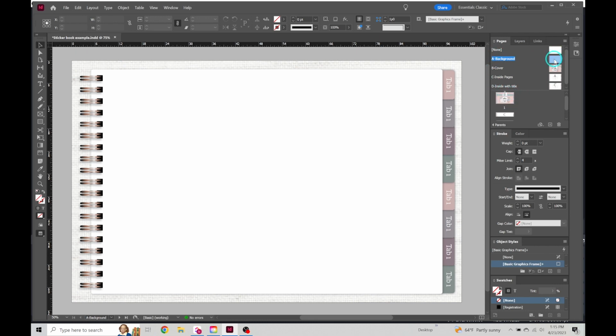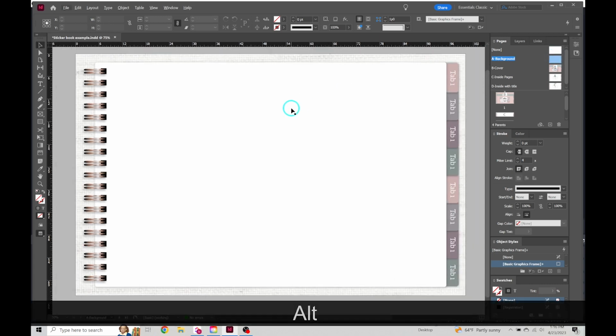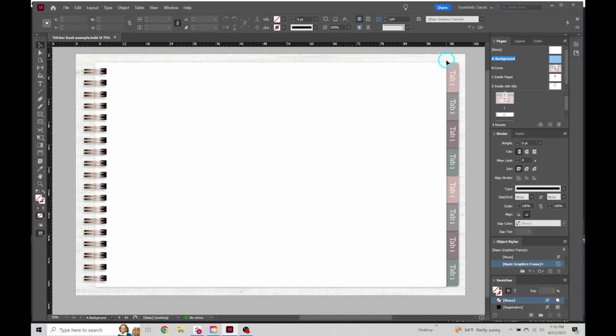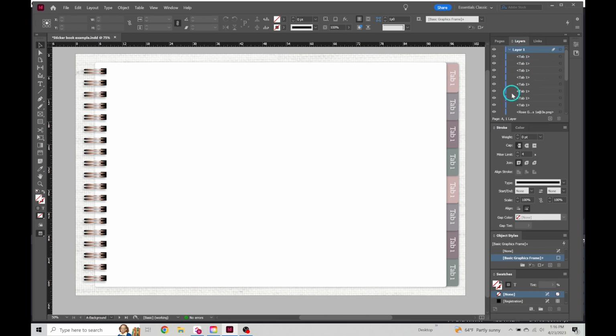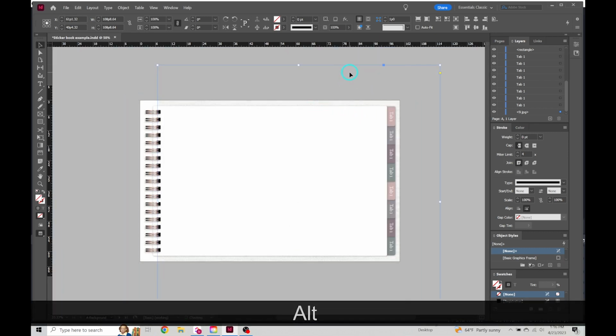So first we want to make sure we're clicked in here somewhere. And what I would like to show you first is how to start with the background. And this is how I work. I usually start with the background first. I can't move this because I have locked this layer so it wouldn't get in my way, but you can see this is just a picture that I've added to the background